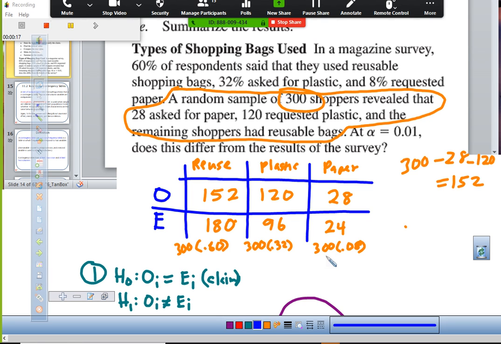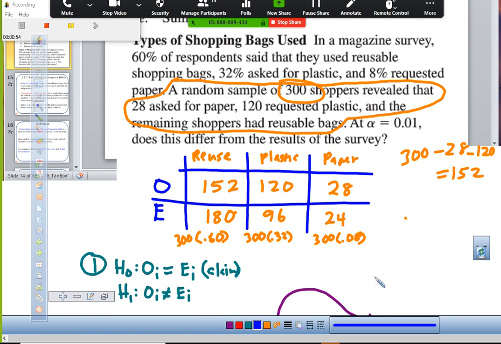and then 300 times 8%. Remember, 8% is 8 cents, 0.08. Don't write it as 0.8. That will mess you up completely, right? So 8%, just write it like 8 cents, 0.08 times 300, 24. Good. All right, and then